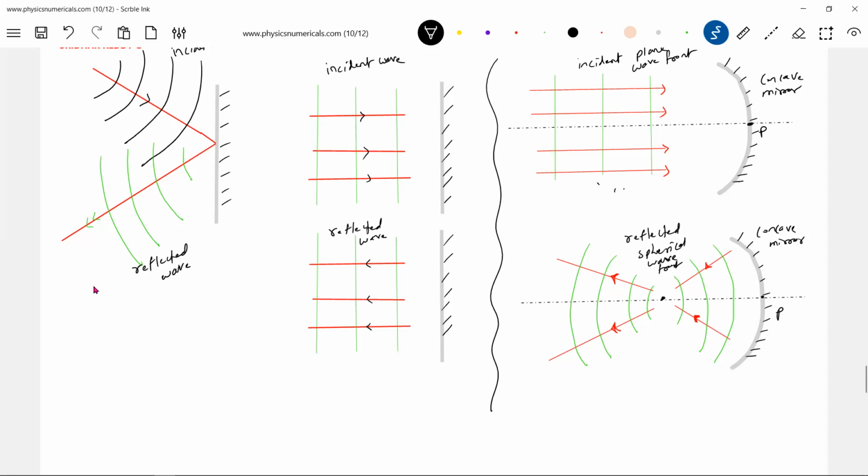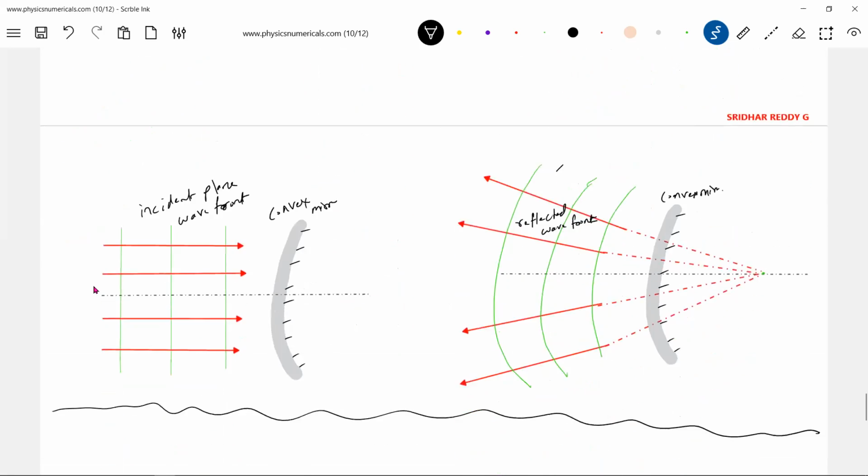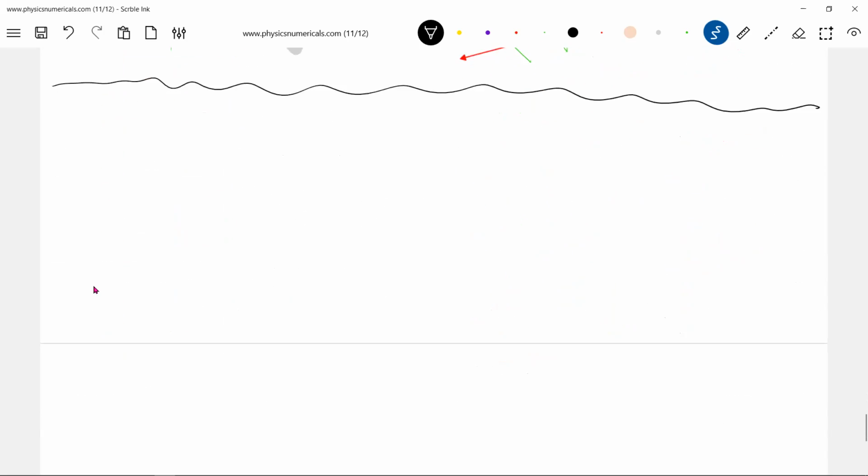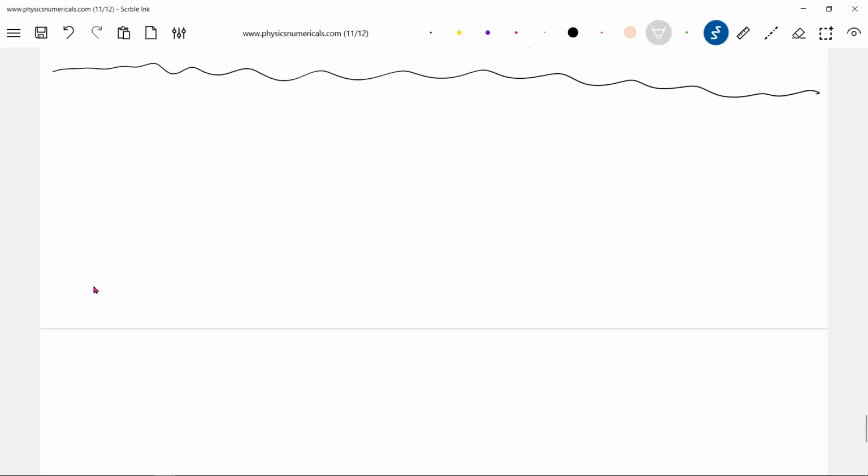This is a diagrammatic way of showing the wavefront. Actually, we are supposed to work it out using maths. I'm just showing the diagram. If Huygens wave theory is applicable, even for reflection, this is what these diagrams demonstrate. Similarly for the concave mirror, let me introduce a condition. Suppose this is F, we know this will be the center of curvature. If the object is here, where is the image? The image is somewhere.